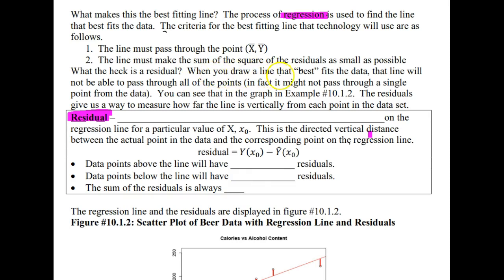When you draw a line that best fits the data, that line will not be able to pass through all of the points. In fact, it might not pass through a single point of the data at all, like we looked at in the scatter plot earlier. You can see that in the graph in example 10.1.2. The residuals give us a way to measure how far the line is vertically from each point in the data set. A residual is the difference